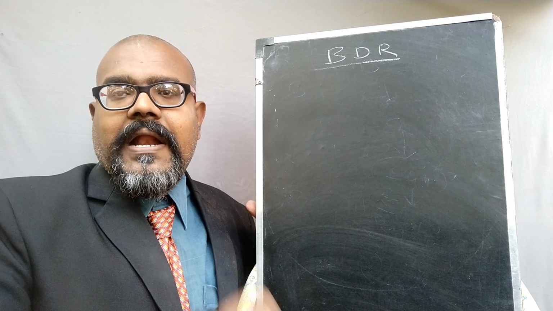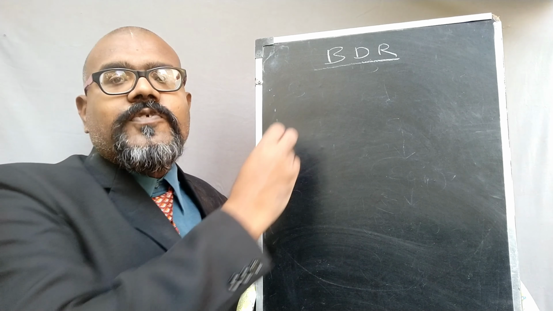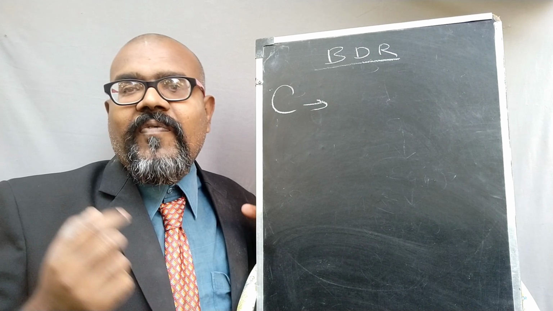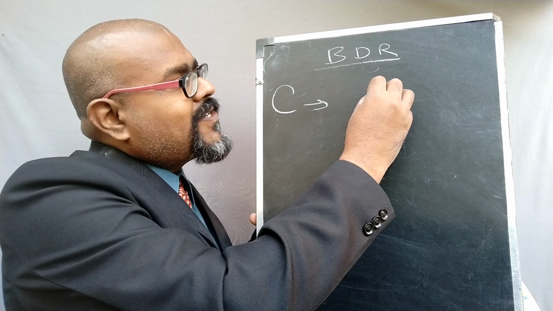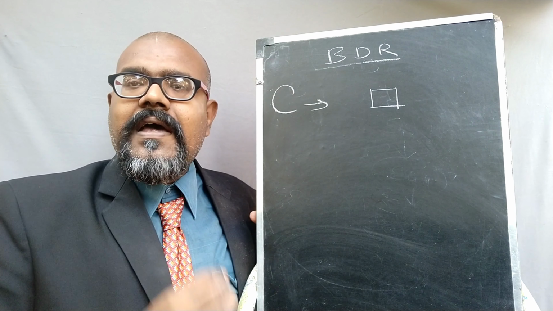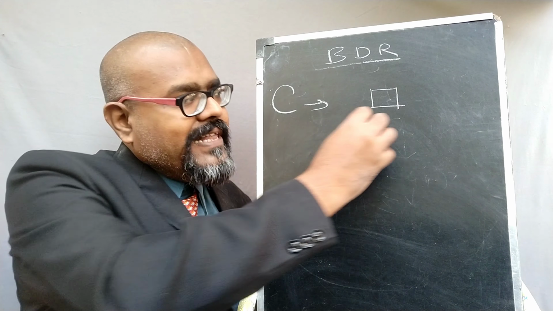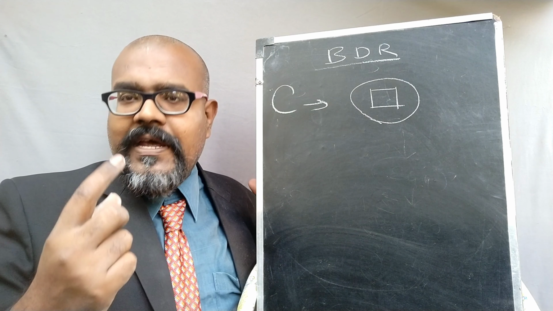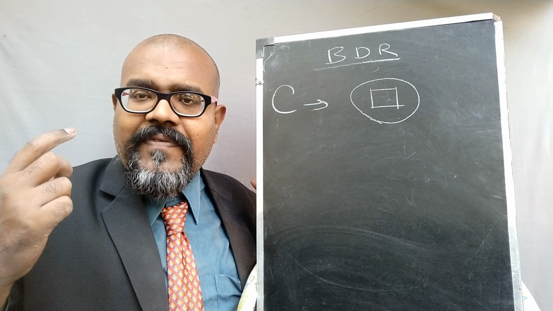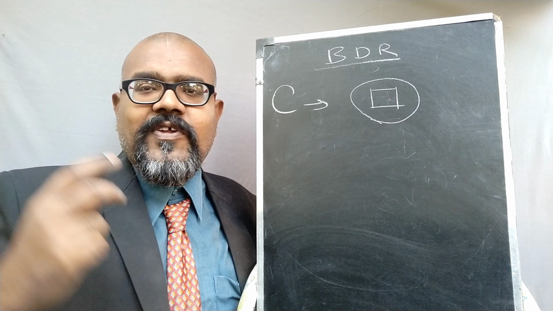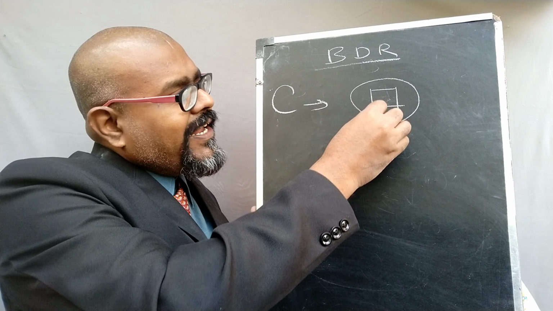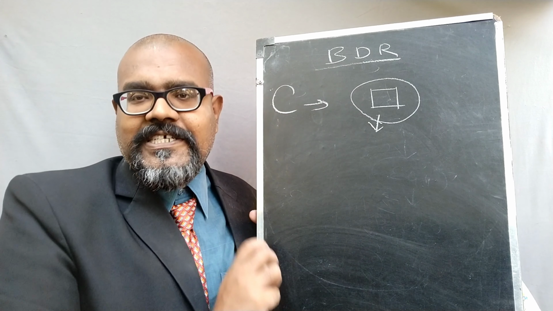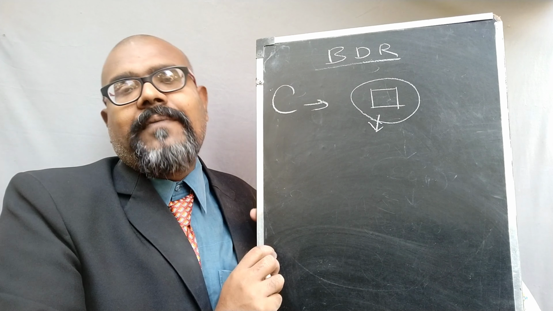See, block diagram reduction. Before that, of course, we know that a control system is nothing but a group of controlled elements. The elements of the system are always represented in rectangular boxes. These elements involve so many elements in a system, a group of elements combined together to frame a system, that we know. So we need to analyze the system by way of pictorial representation. That is called the block diagram.